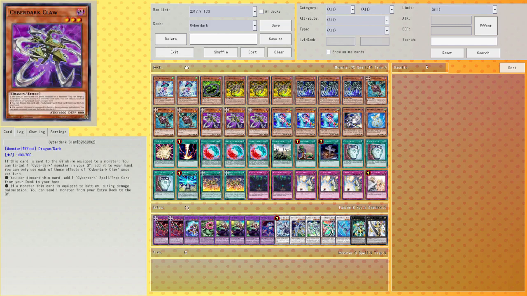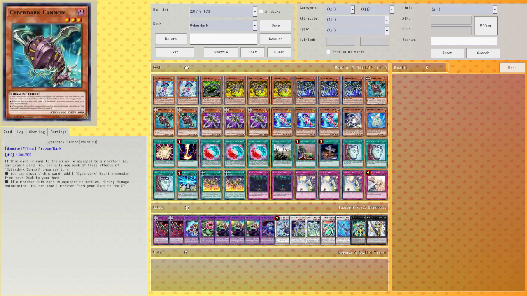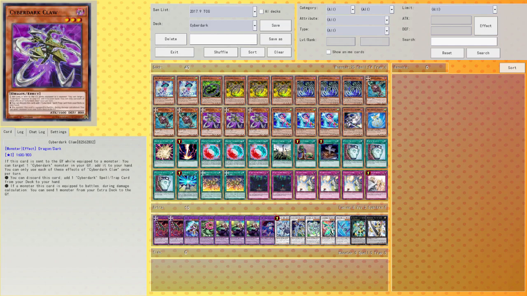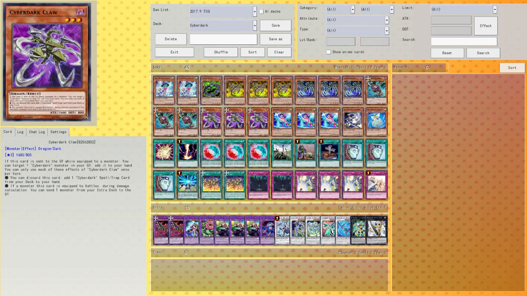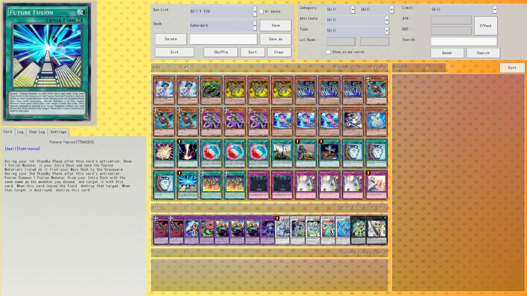So you can just set up your graveyard early in the game with just cannons and claws in your graveyard, so you don't have to draw them. So every Cyberdark you draw will be immediately great because it will have a target already in the graveyard. Now, if you manage to actually summon a Cyberdark Dragon after the second standby phase, then you probably won, if